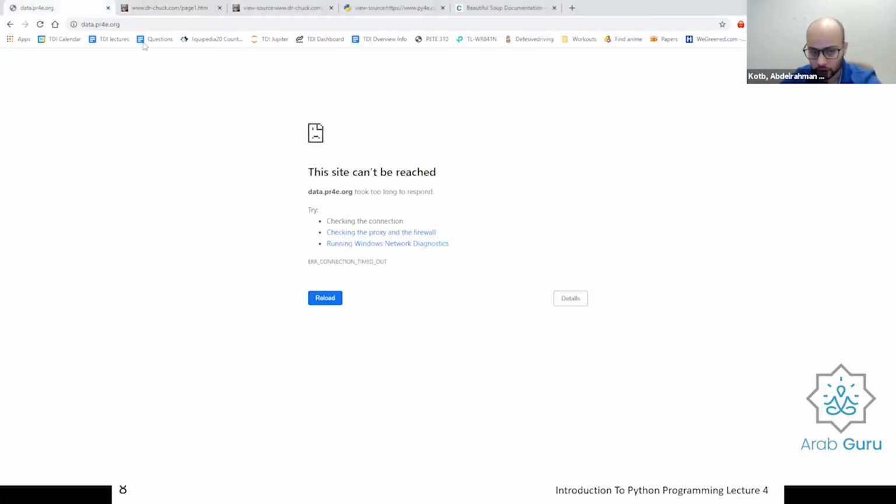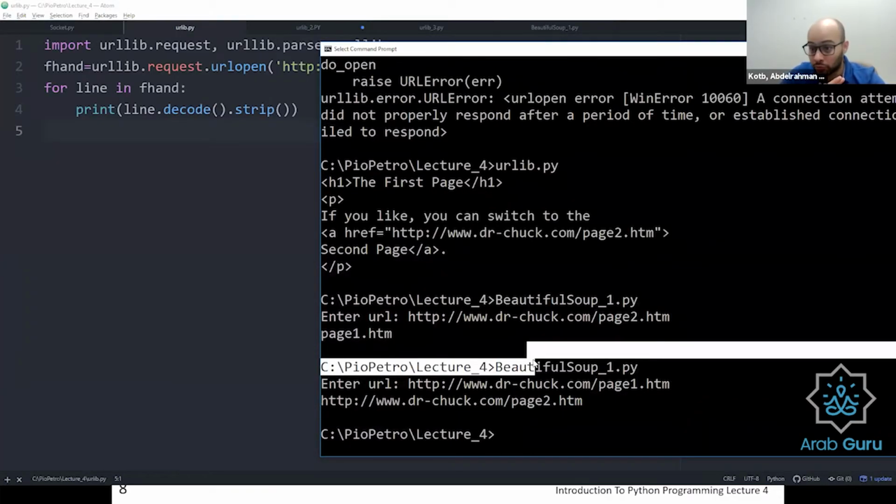Unfortunately, this website is not working, but I wanted to show you the difference between using HTML as well as Beautiful Soup. The HTML parser or urllib gives you the website as is. What Beautiful Soup does is give you more of the information that you're looking for in a nice and readable way.